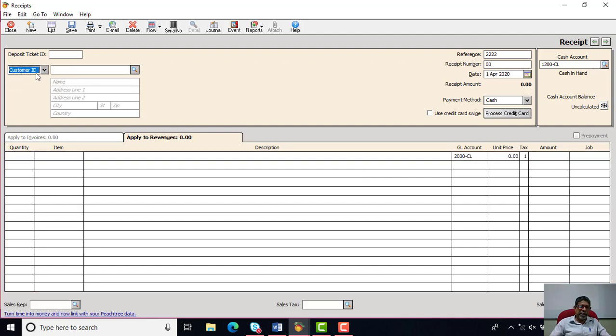Other than that, if you are receiving money from other sources, other income, for example, you are receiving rent income, then in that case suppliers are not involved. You should enter the income name under the name. So we can type rent income, and then appropriately enter all other information similar to that, and no items will be selected. Enter the description, say